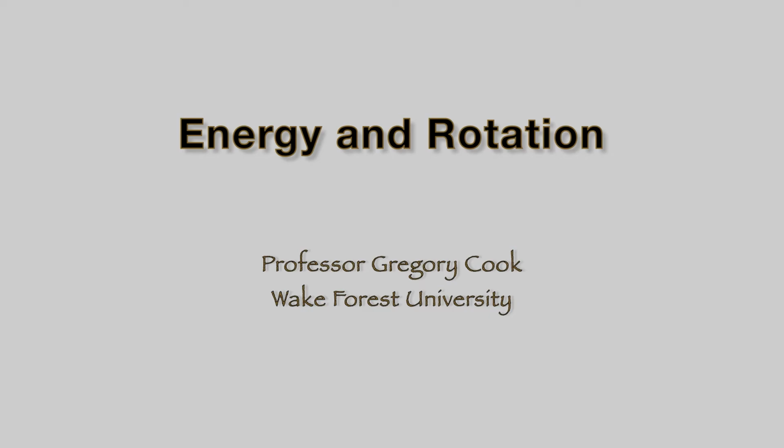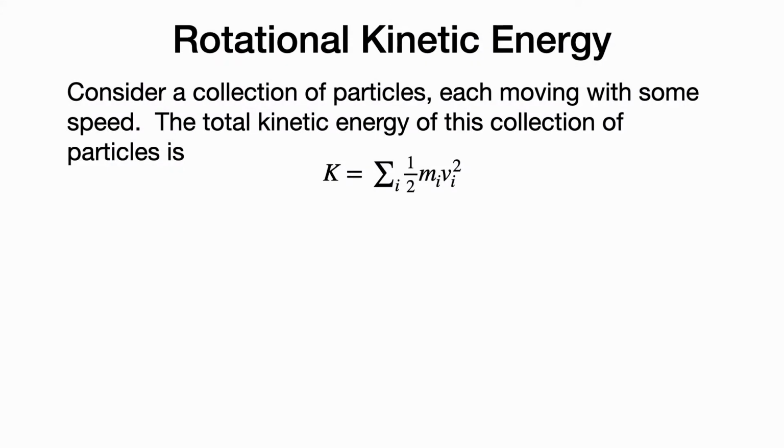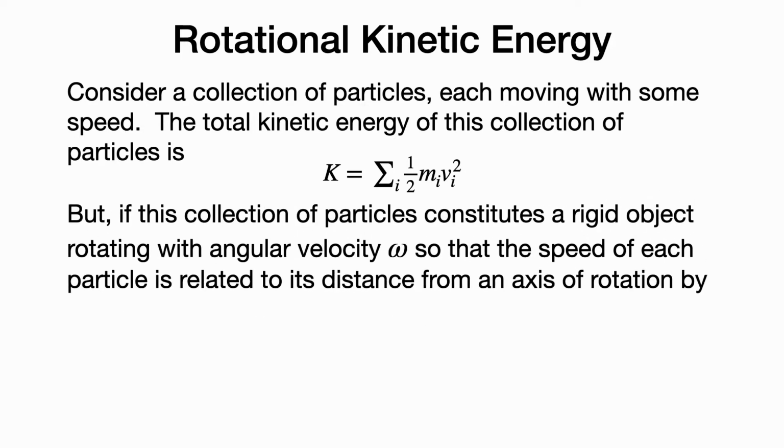In this module, we will explore energy and rotation. Consider a collection of particles, each moving with some speed. The total kinetic energy of this collection of particles is given by the usual formula, but summed up over each particle in the collection. But if this collection of particles constitutes a rigid object rotating with angular velocity omega, so that the speed of each particle is related to its distance from an axis of rotation by the usual formula,